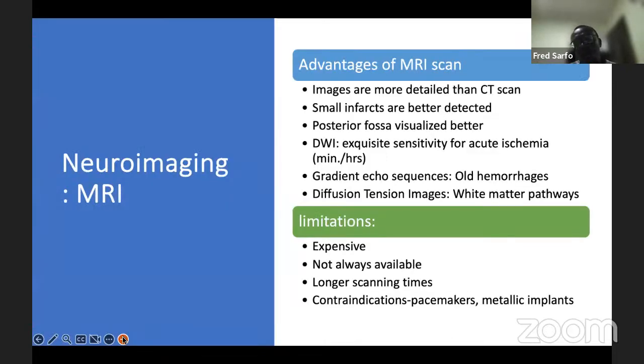I won't talk about MRI because the truth is that MRI is not readily available for most of us in our practice. It's thought to be the most sensitive one. It helps us